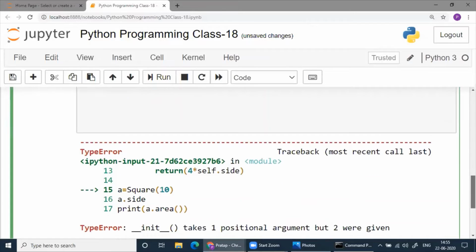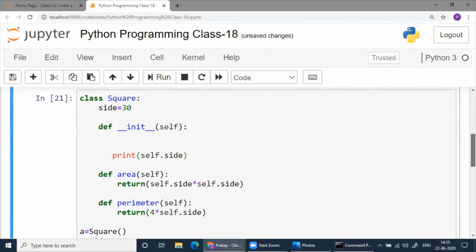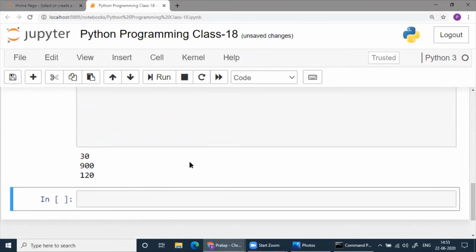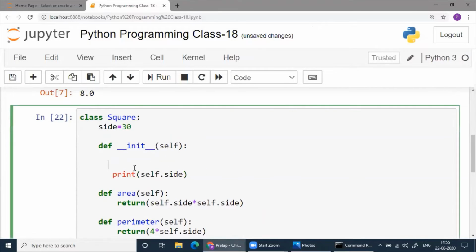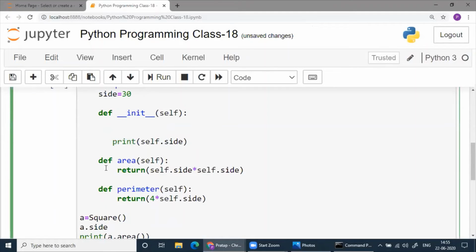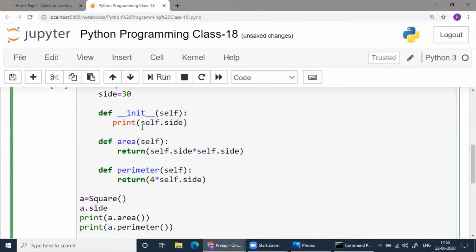That's what shows here. 2 were given. So if you check now, neither do we define something here, nor here.